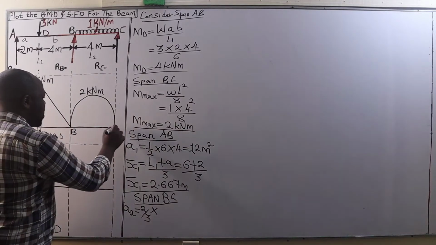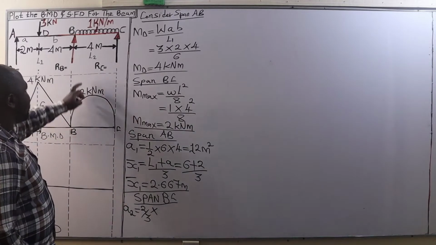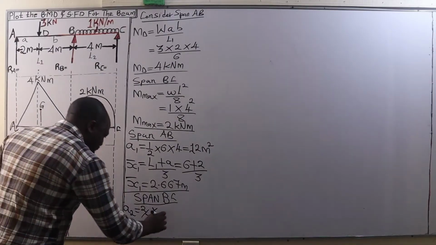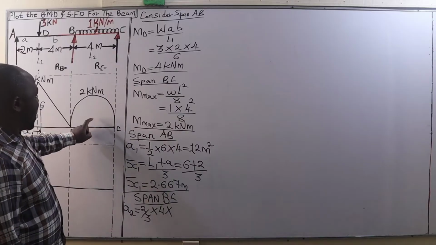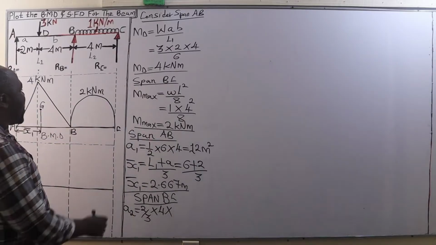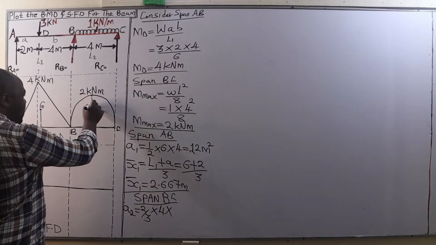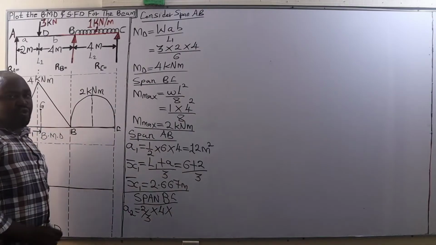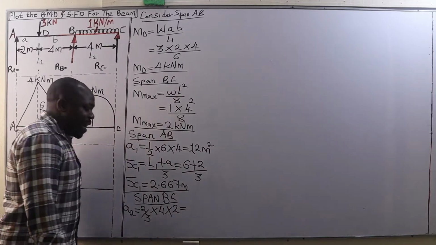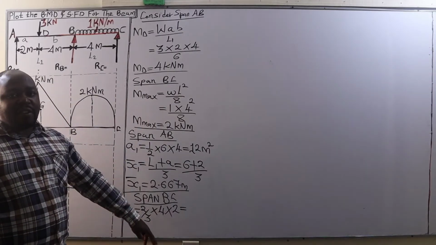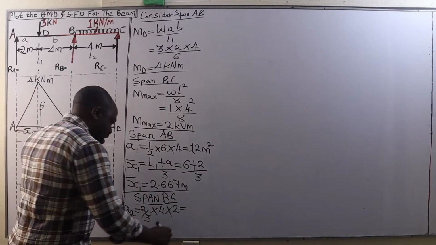The distance from B to C, or the span BC, is 4 meters. Therefore, 2/3 of 4 meters multiplied by the perpendicular height of this section, which is 2 units, so multiplied by 2. That gives us an area of 5.333